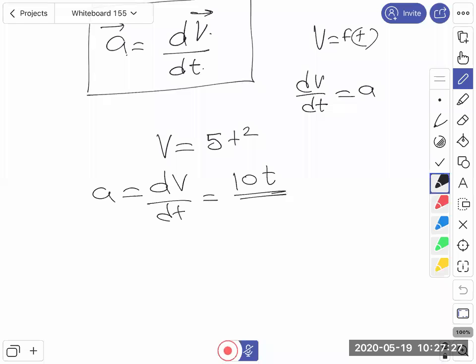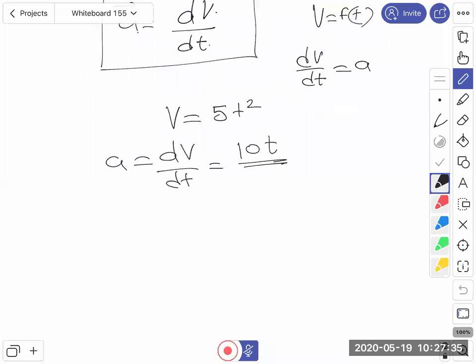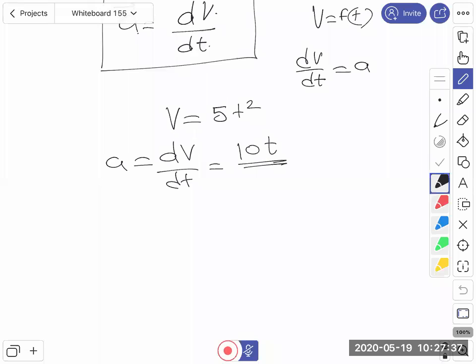So just remember how we find the value of instantaneous acceleration: differentiation of velocity with respect to time. Sir, how did you get 10t? The differentiation of t square is 2t, right, beta? Achha, okay, normal differentiation. Sir, I thought it was 5 plus t. No, 5t square. Okay.